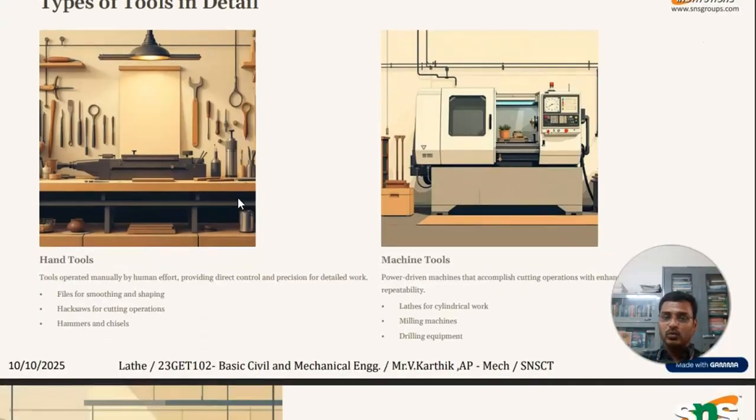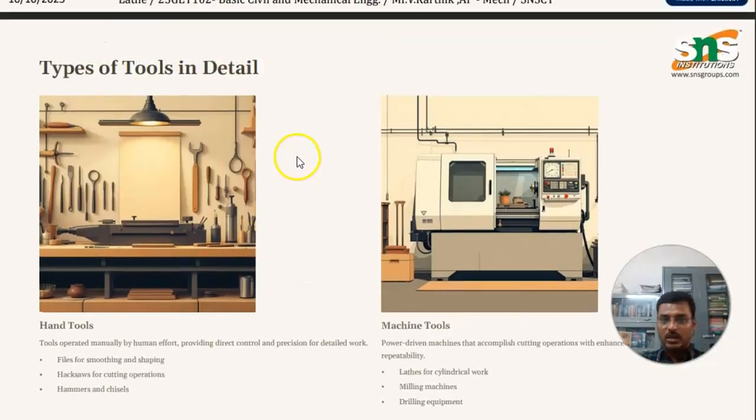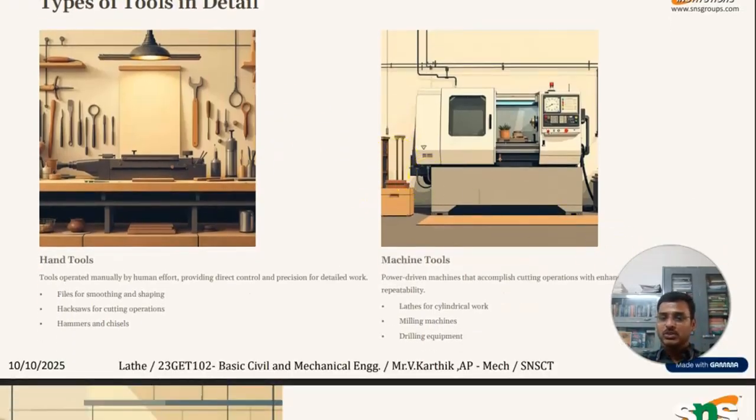Next one is the types of tool in detail. The hand tools are the tools operated manually by human effort. Almost we know all the olden techniques like files for smoothing and shaping, hacksaw blade for cutting operations, and hammers and chisels to remove some scrap or some additional materials in the finished product. This is a traditional technique where we still use that one, but now they're using the machine tools like